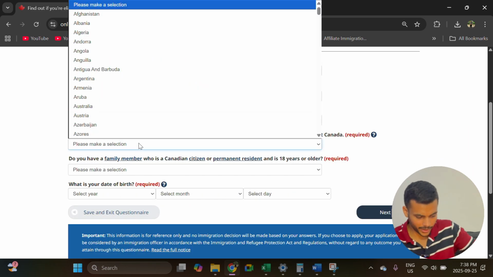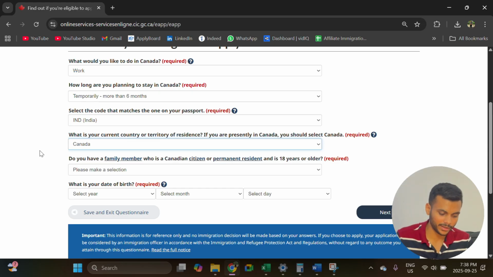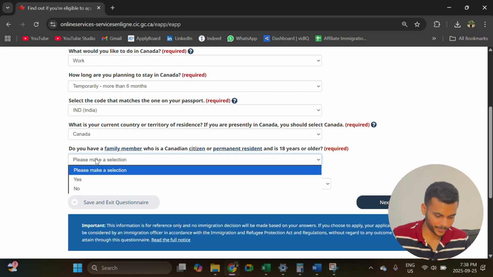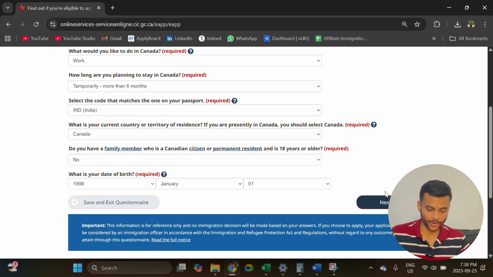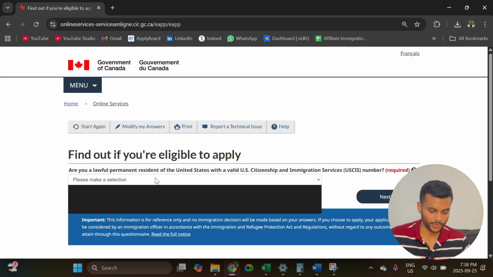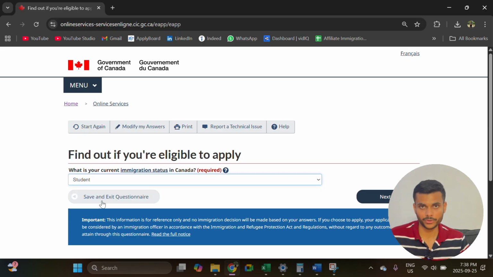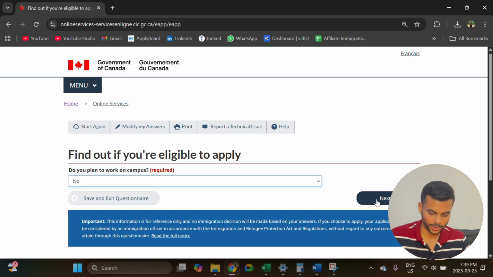What is your current country? So I'm assuming at the time when you are applying for co-op work permit, you will be in Canada studying in the university or college. Do you have a family member who is a Canadian citizen or PR? So you can answer according to your situation. You have to enter your date of birth here and then click on next. Are you a lawful permanent resident of the US? So answer accordingly. What is your current immigration status? So you will be a student, you will have a valid study permit at the time of applying for it. Do you plan to work on campus? So you will select no here, because the main purpose here is to apply for co-op work permit. Even if you are planning to work on campus, you can just select no, it's fine,